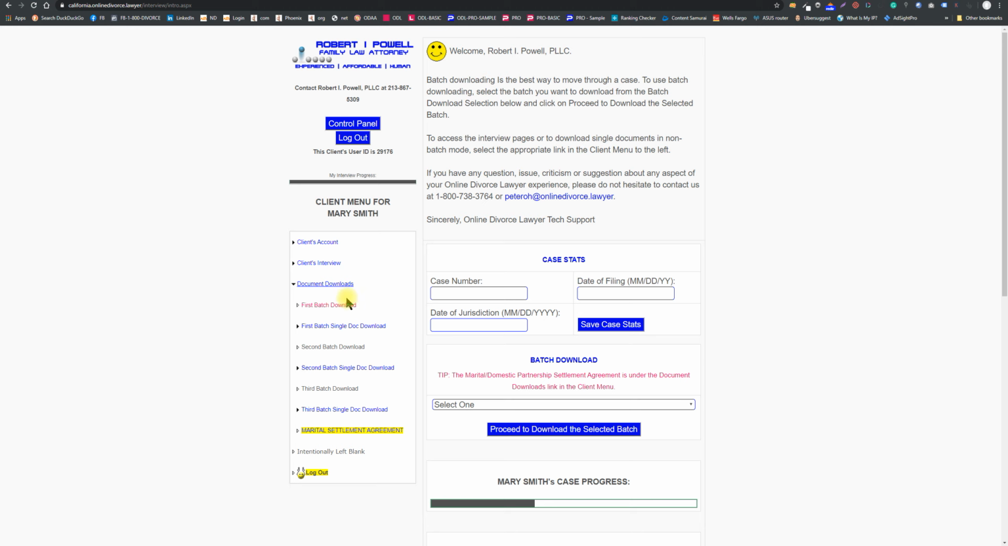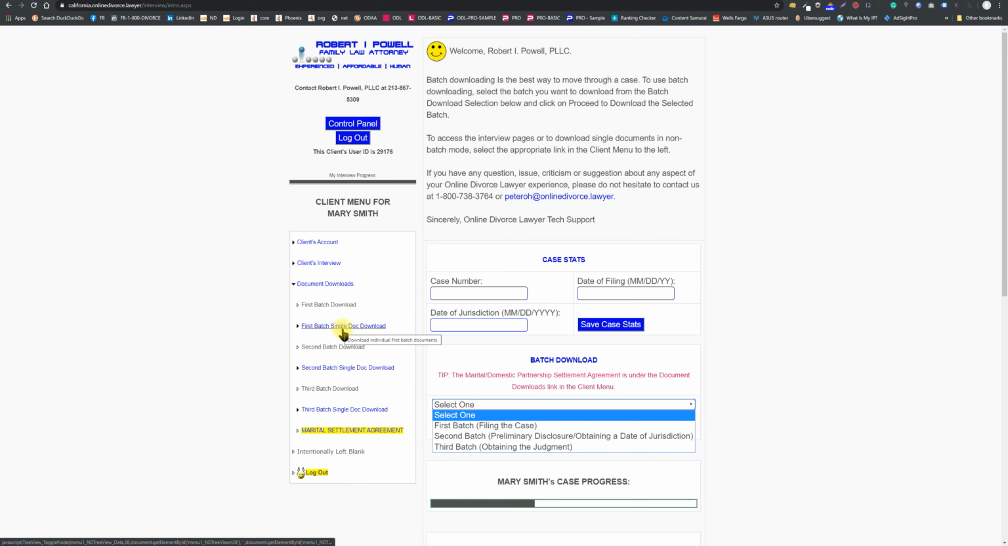I do want to show you, under the document download section, you can do a batch download, right? Clicking that is exactly the same as clicking that. There's no difference. You can just do it on the drop down or you can do it in the menu. But I did want to show that not only can you do batch downloads, which is the preferred way to go through,